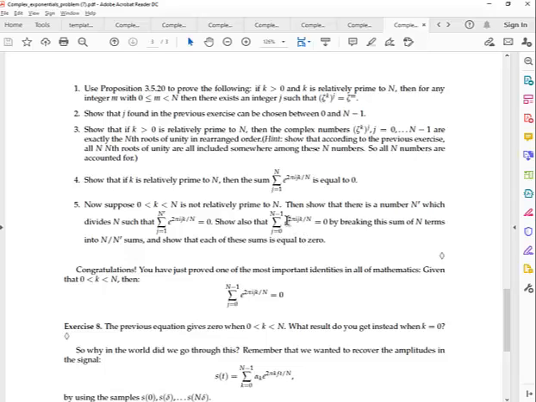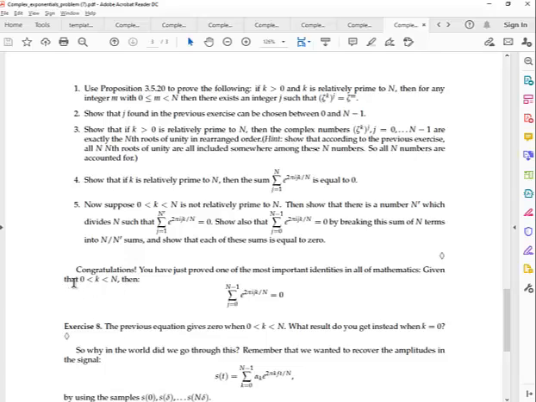So in other words, this larger sum is equal to 0 because it consists of smaller sums that are all equal to 0. So what have you shown? If k is relatively prime to n, then this sum is equal to 0. If k is not relatively prime to n, the same sum is equal to 0. Okay, so in all cases, if k is between 0 and n, 0 not included,